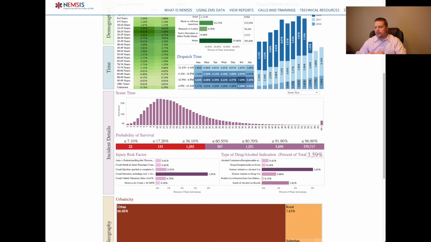Within those records, 3%, a little over 3%, had patient admits to drug or alcohol use. And then 1.62 said smell of alcohol on breath. And I won't get into whether or not that is good to document or not. And then patient admits to drug or alcohol use had